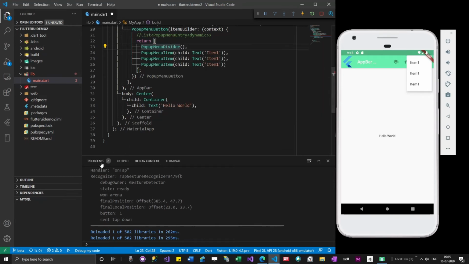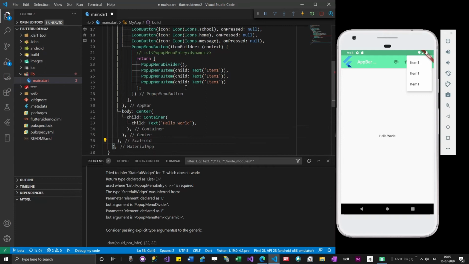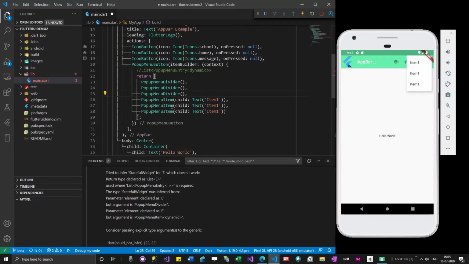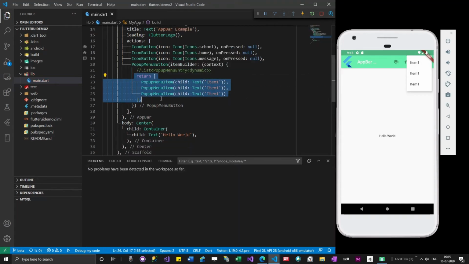What exactly it is saying is you are returning some list of items, but you're trying to add something different than that. I could rather add only pop-up menu divider or pop-up menu item or the other type, but not a mix of it. So in order to resolve this issue, what we could do is